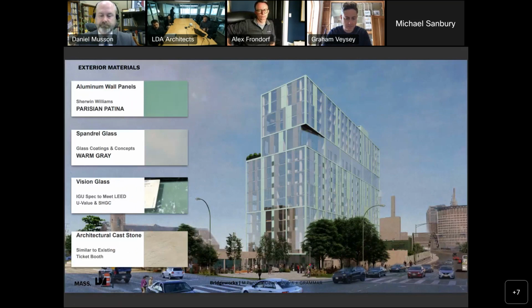So if we want to break it up into those three pieces, are there questions on this component? The overall height is changing from 162 to 170, so it's a minimal change in height. And if you go back to the 2021 approval, the original design was approved at 200 feet, so we're still well below that height limit.